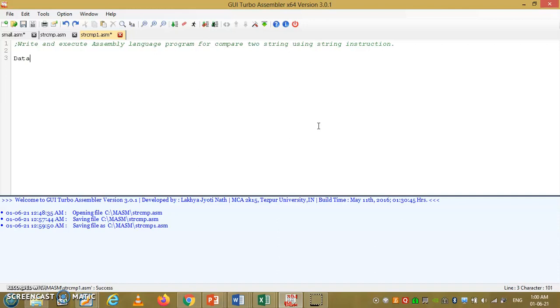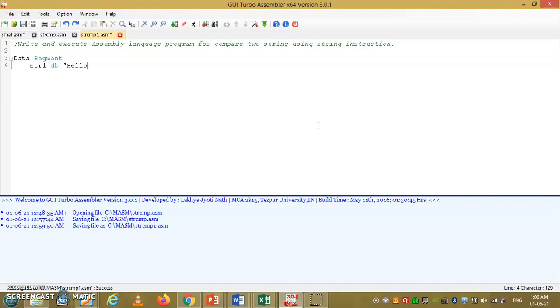Here first of all we are going to use the data segment. Here we are going to declare the strings which are for the comparison. str1 is the name, DB is a data type, define byte. So declare the string.